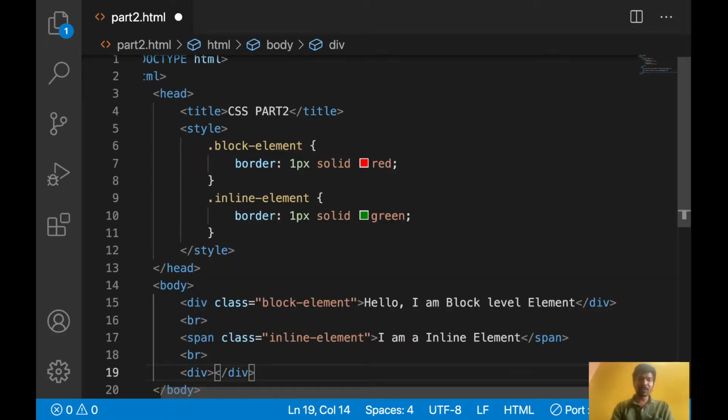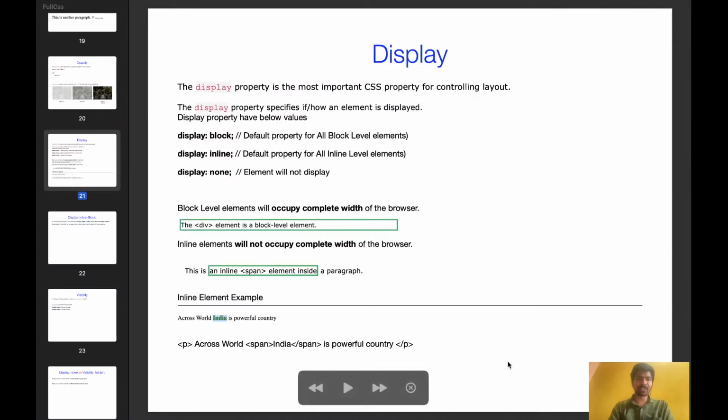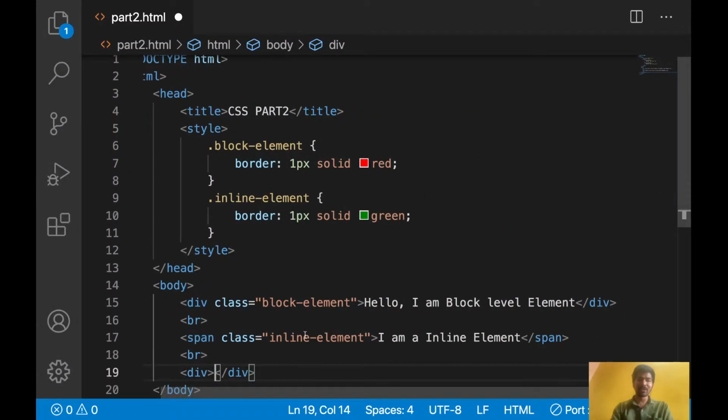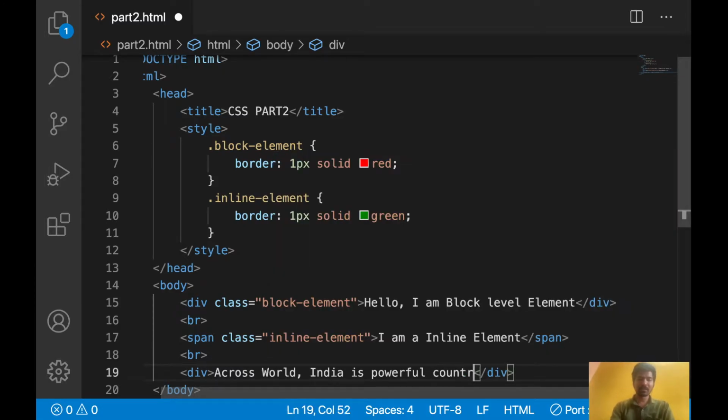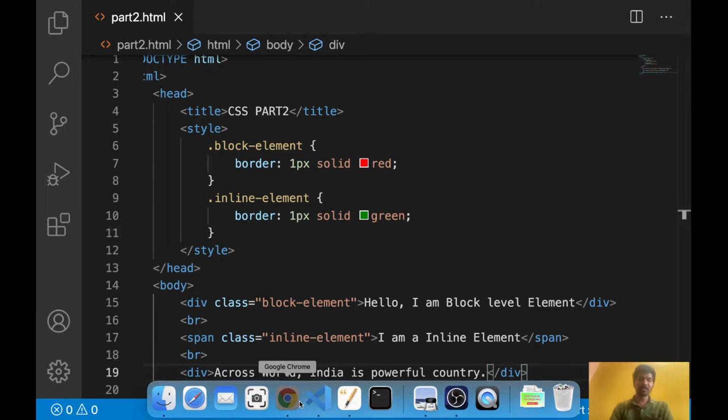Let's write one more block level element with the sentence: across world India is powerful country. Now just save it and see.